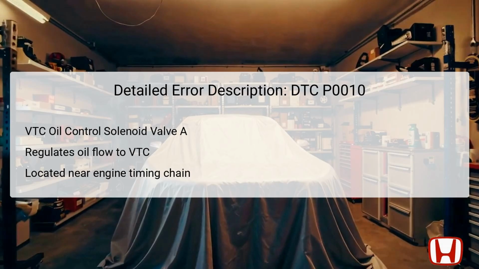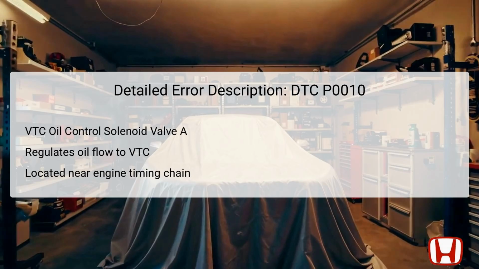DTC P0010 refers to a malfunction of the VTC oil control solenoid valve A. This valve is integral in regulating the hydraulic oil flow that influences the engine's valve timing, which optimizes performance and fuel efficiency. When engine conditions require variable valve timing adjustments, this solenoid allows the appropriate amount of oil to reach